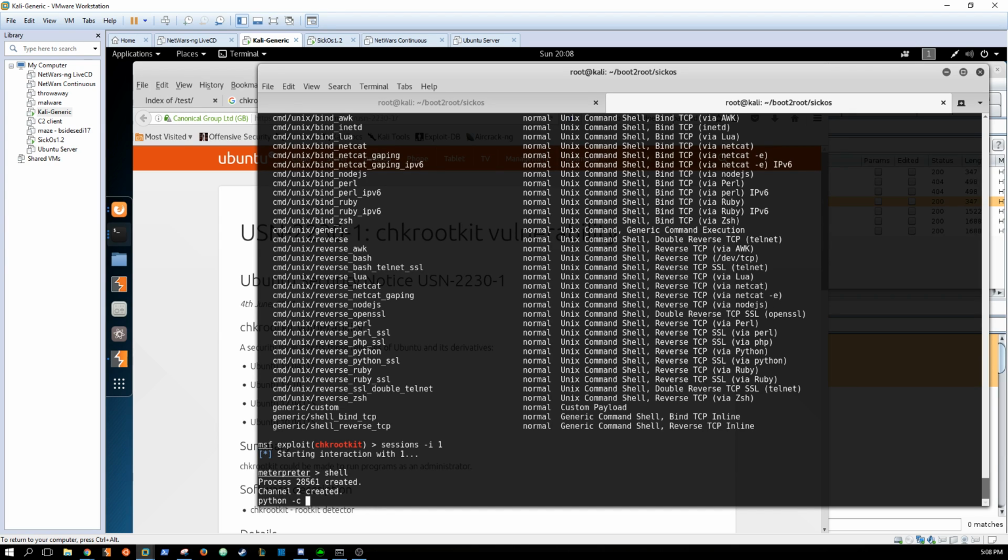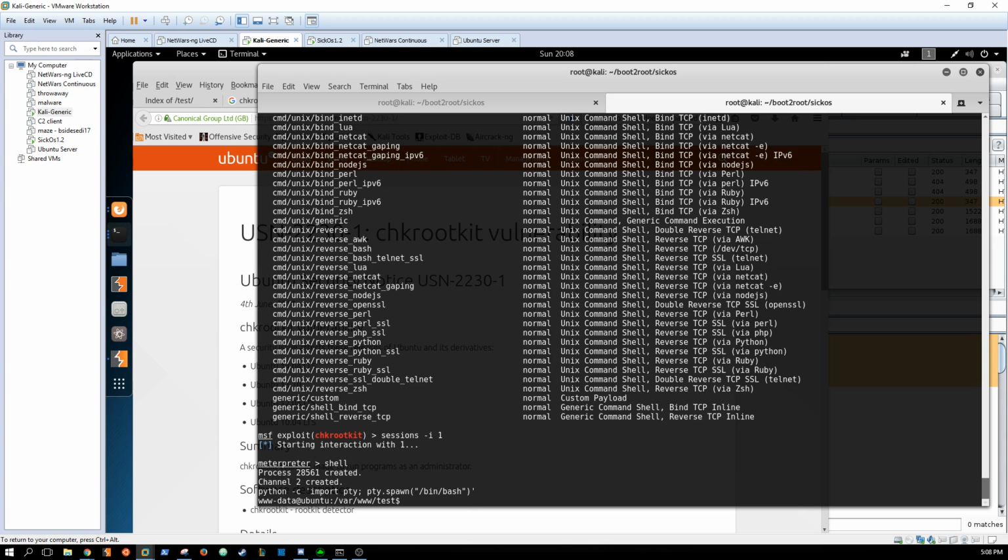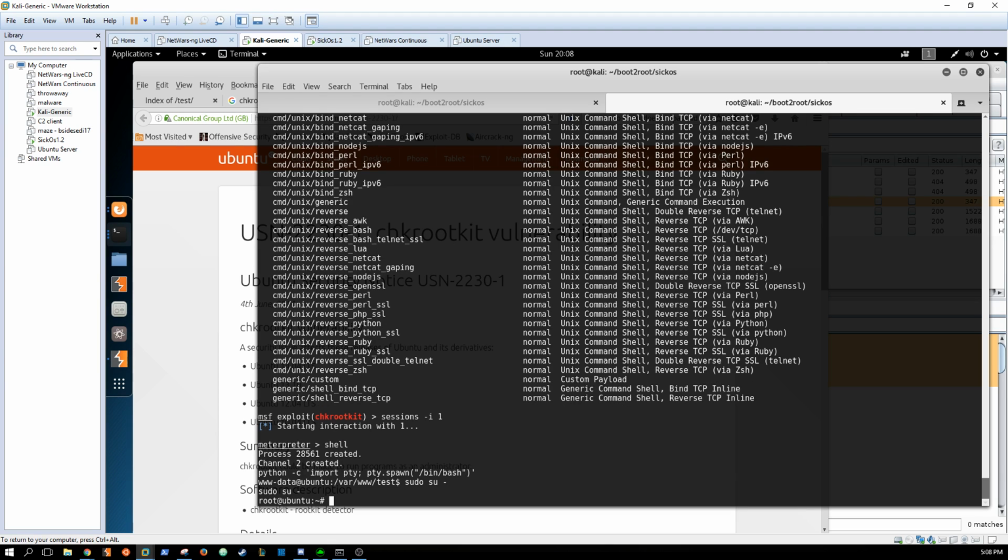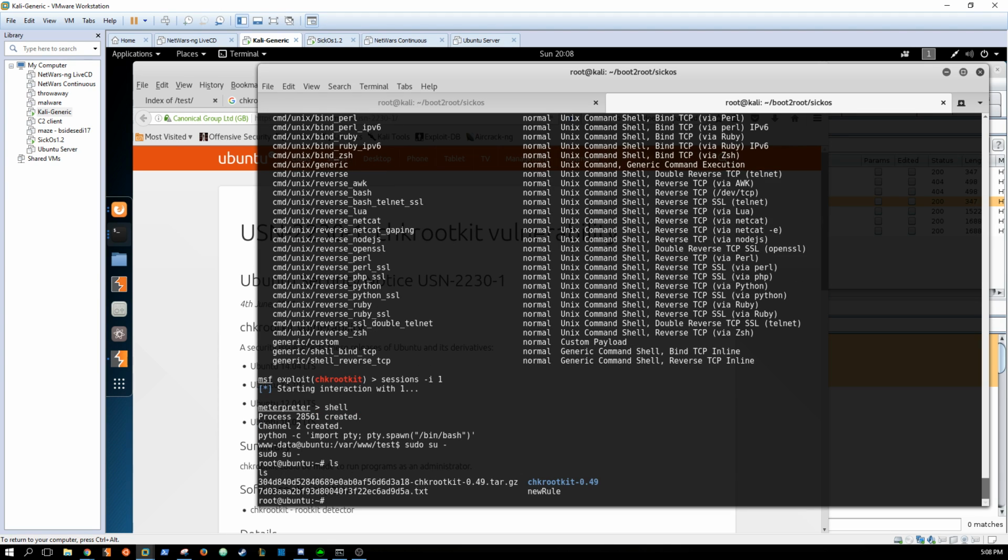python -c, sorry, import pty, pty.spawn("/bin/bash"). Because remember, without this, you can't use sudo or su. So sudo, boom. Another thing that I want to show you guys is